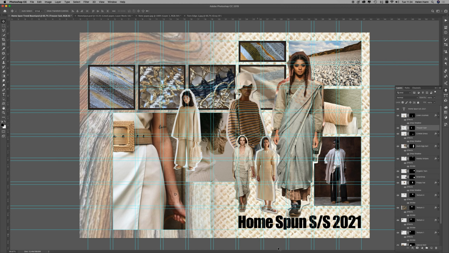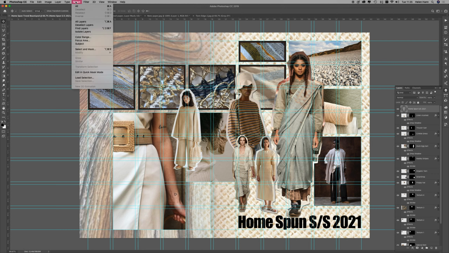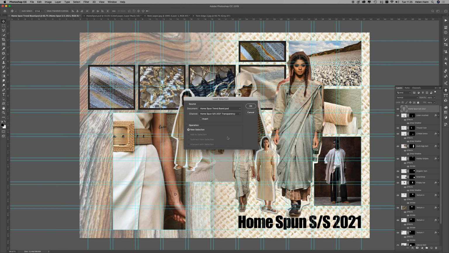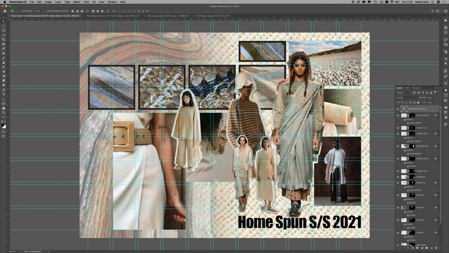I'm going to add my texture onto my text down here. So this is called Homespun. So I'm going to select that, and then we're going to go to the Select menu and load selection. Now we've not done this before. Every single layer has a transparency layer, and we're going to load up the transparency layer for this particular layer. So it's called a channel, and if I click OK, you can see there that I've now got this marquee